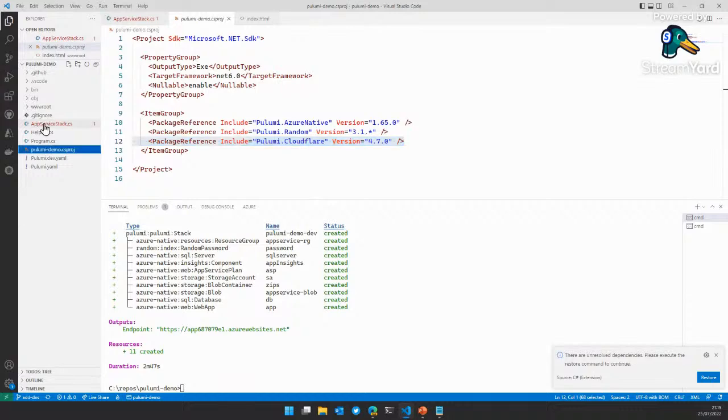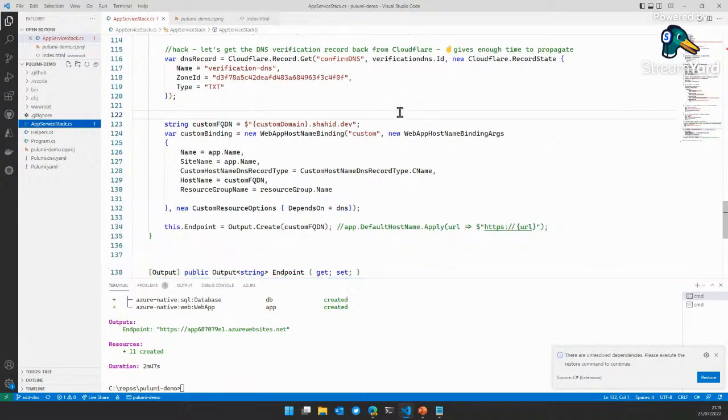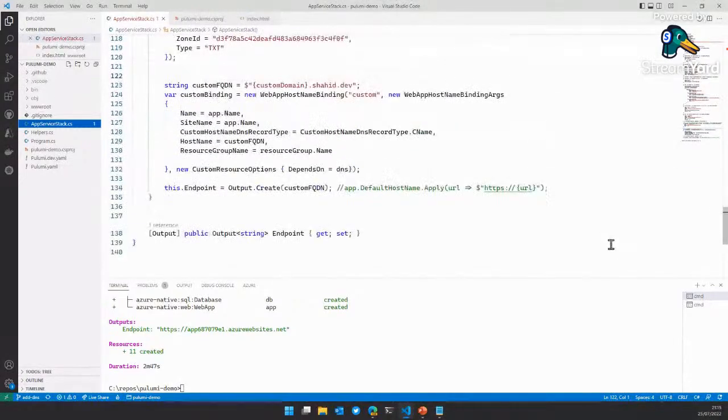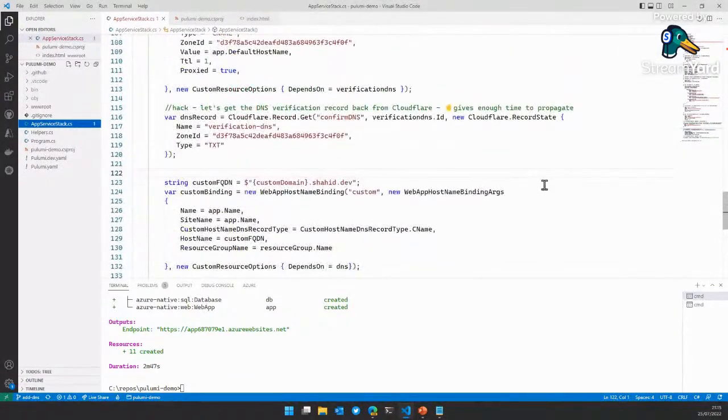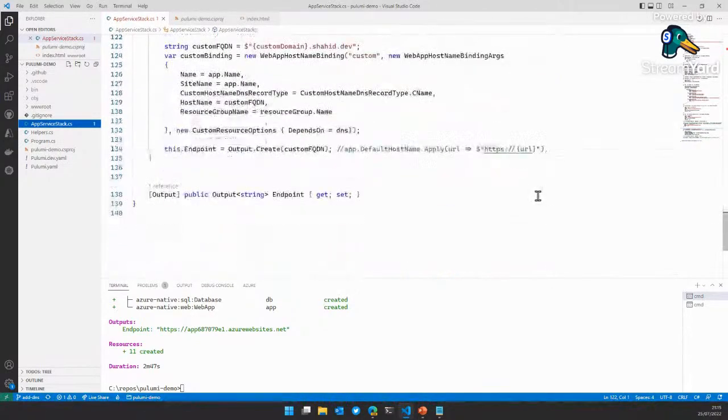And then in my code, what I'm doing is binding a custom domain to the Azure Web App. This is a two-step process in Azure and most places. You generally have to verify you own the domain, and then you have to bind the domain. This is a demo that will fail maybe 50% of the time because it's DNS, obviously.